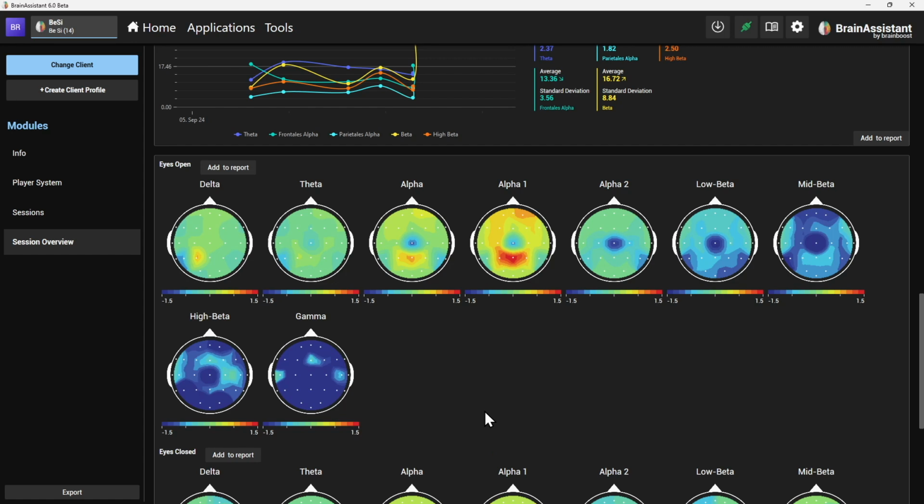It's a nice example that it's not always going perfectly. And what can we also see? A lot of alpha 1, especially here, in the back area. So yeah, the client was super tired and he stated that, so also fine. Of course, then you can either, as I taught you,